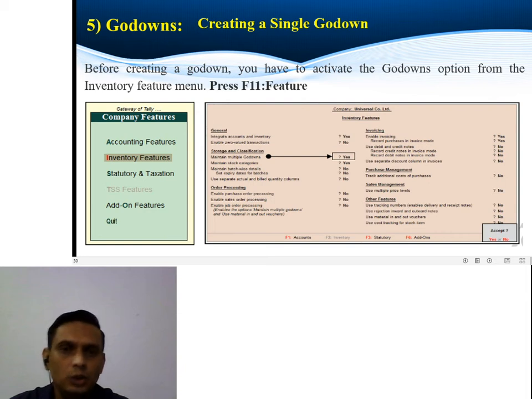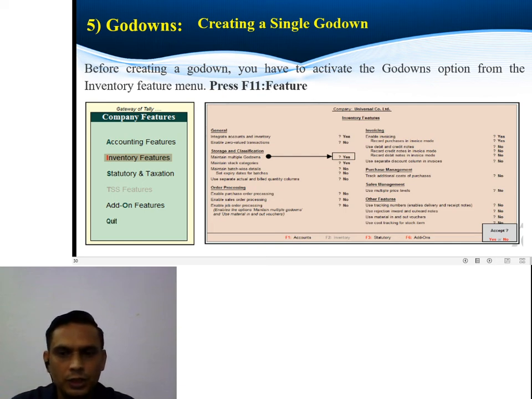To create a godown, we should activate some features. To activate the feature, we should press the F11 key on our keyboard for opening the Company Features menu. In the Company Features menu, select the Inventory Features. In Inventory Features, the company inventory features menu will be displayed.